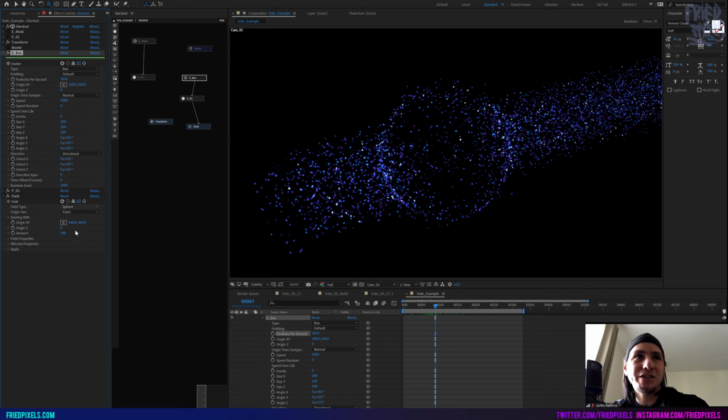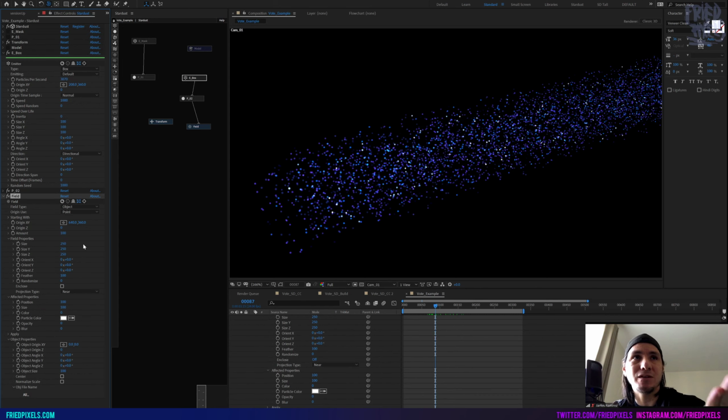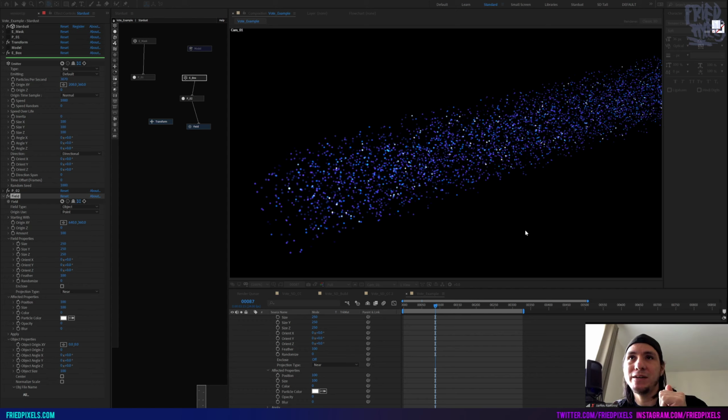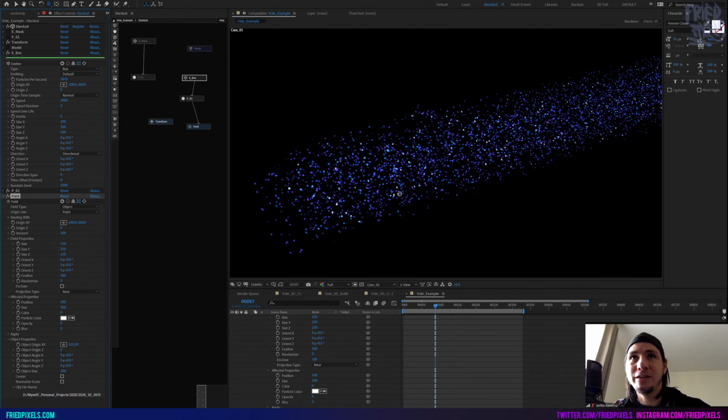So what we're going to do is change this from sphere to, there's a lot of types in here that you can use, but I'm going to use object. And then under object properties down here at the bottom, there's a file name. And now we can just go and pick, oh man, I forgot to name our file appropriately. I exported it as vote text01, but I forgot to actually add the extension .obj. So there we go. Now I can select that and import that text that we created.